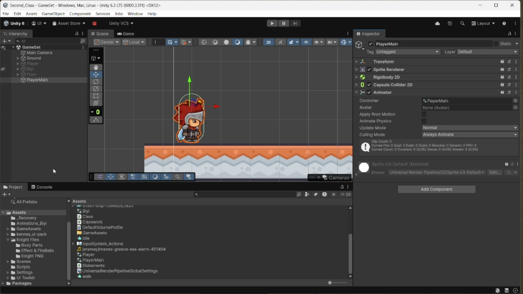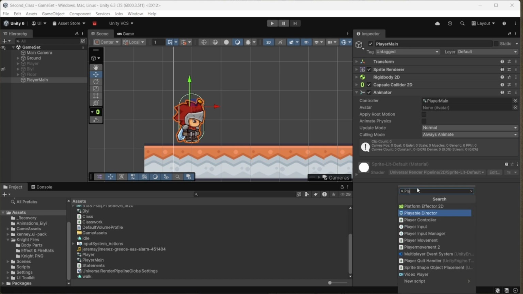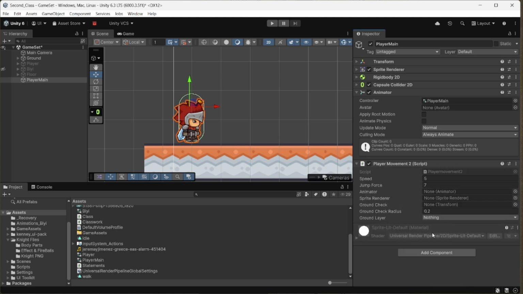The next thing we're going to do is I already have a script written down. I will have the link to the script down in the description so you can download it if you want to. But quickly going through that, I'm going to quickly come here, do a player movement 2, that's the name of the script, and quickly we have that here. So in this script,